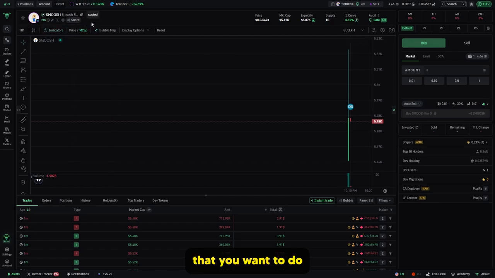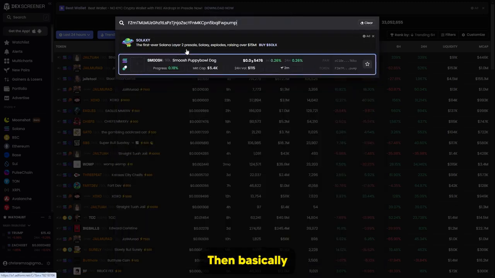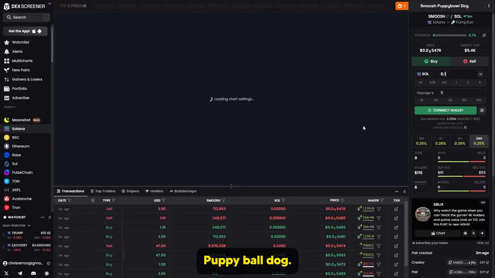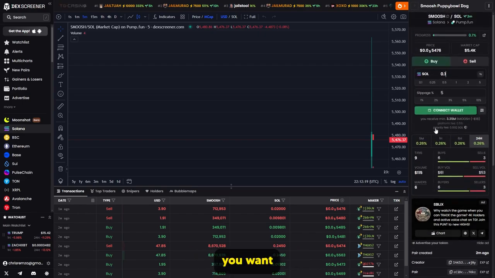Now, another thing that you want to do that's really important as well when you're making your tokens, and if you're going to do a token before you announce it, this is what you want to do. Grab the contract address. Then, of course, go over to DexScreener, then paste it in. And then you need to go over here, Smoosh Puppy Bowl Dog. Then what you ideally want to do is make sure that you actually pay Dex for this chart. The reason you want to make sure that you pay Dex is because if you pay Dex, you can